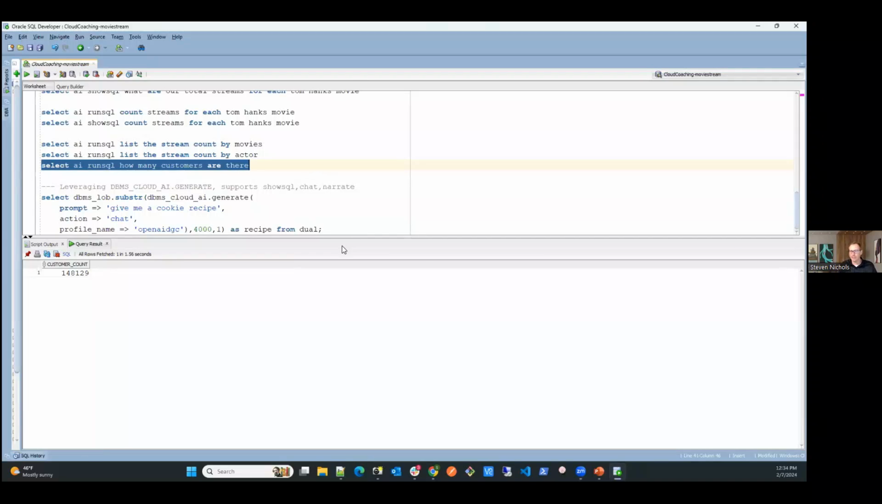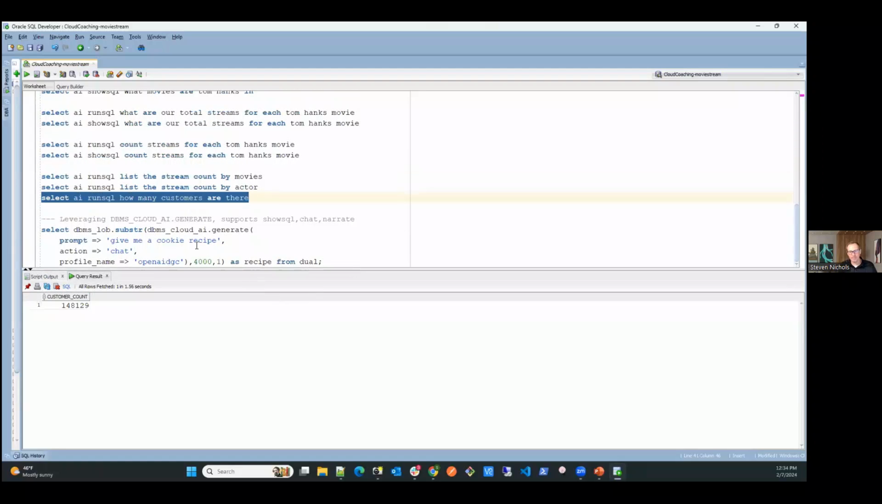One more thing I want to show you before I hand it off to Derek is what we call the DBMS Cloud AI generate procedure. That procedure supports the show SQL action, it supports chat, and it supports narrate. It allows you to package that up, receive the response, and then do something with it later. But the key takeaway with this example is